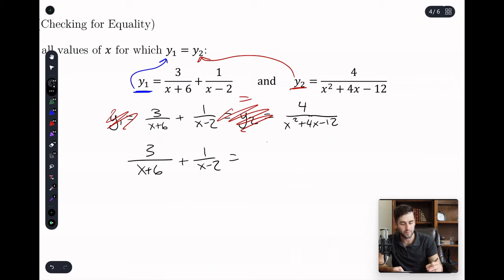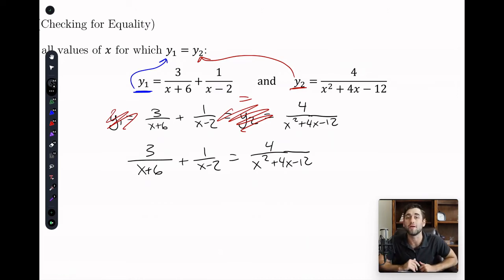All right, set them equal to one another. This is a good example because we're going to get to do a reverse factor, a reverse FOIL, or reverse box, or I don't know how you like to factor stuff, but we're going to have to find the factors of the bottom right term. So let's look at this. We're looking for a common denominator. Holy moly, I don't want to even try to mess with the common denominator. So what I'm going to do first is I'm going to reverse factor, reverse FOIL, look for any types of numbers. Sometimes you use the quadratic formula. That's not very fun, but we got to do it.